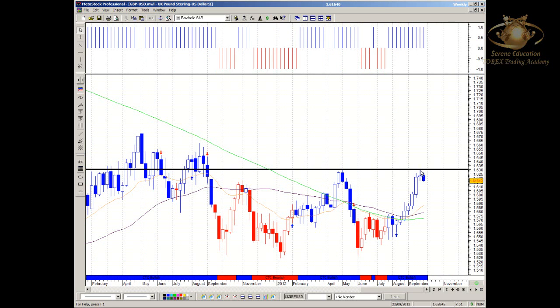Clearly here at 1.6000 we want to see one of two things after an indecision candle. We're going to either see resistance, where the price is going to pull back, or we want to see price bashing through this resistance level that we've quite clearly seen over two weekly periods through April and May. Got to see a clear 1.6300. Failure to do so would see price pulling back, and in that pullback we want to see a nice bearish engulfing candle, which would then